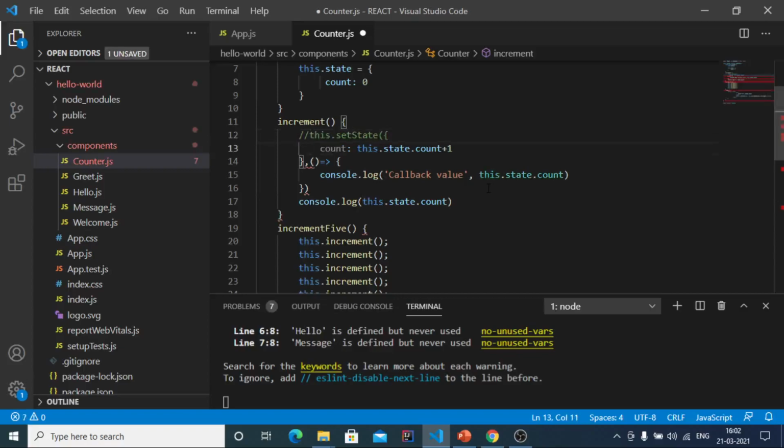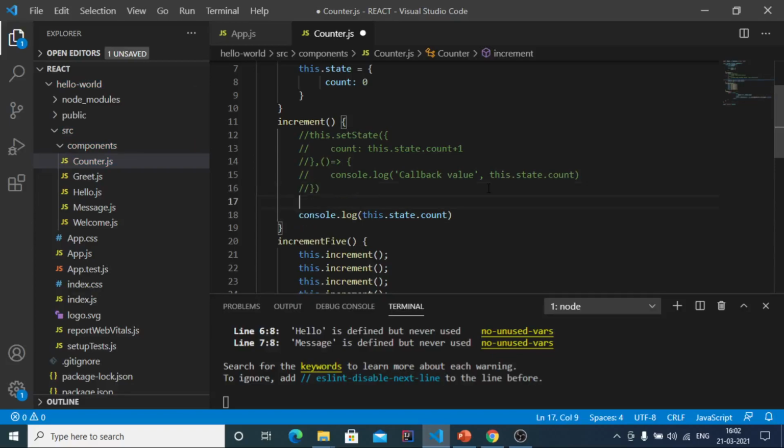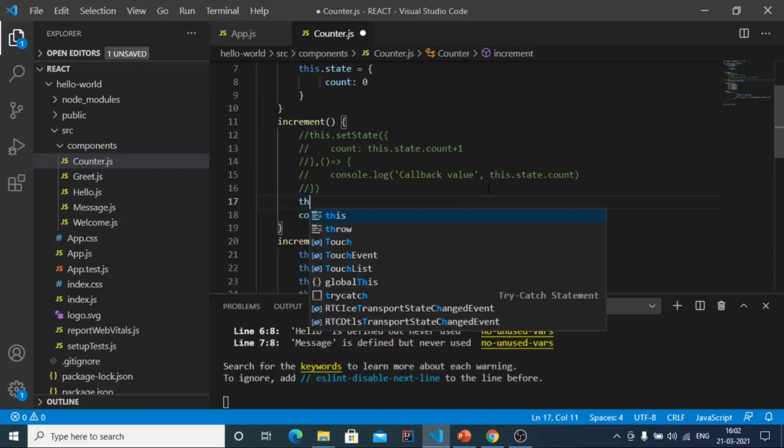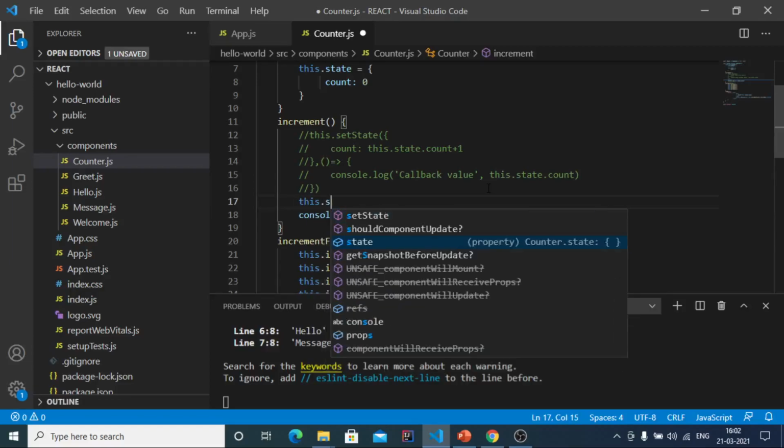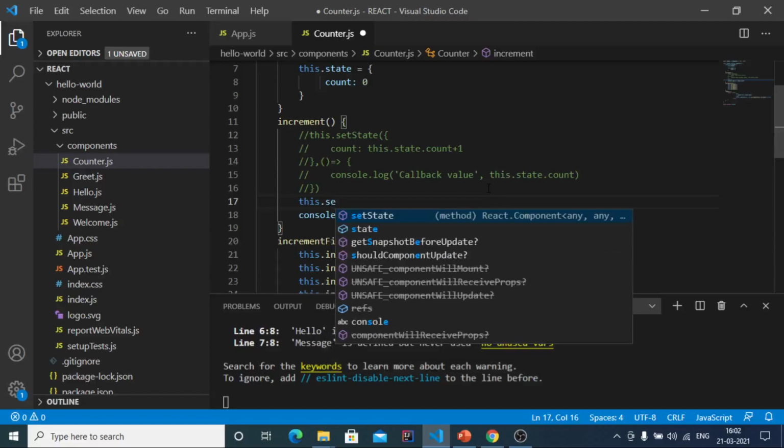So here we are going to disable the code, that is the set state method. So now to the set state method we have to pass a function instead of a regular object.